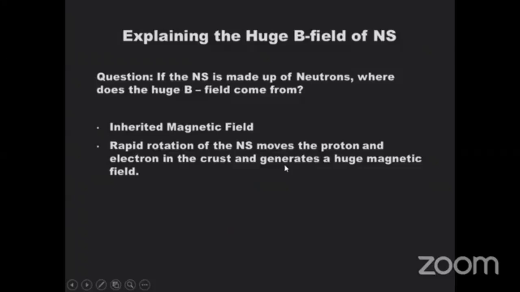So when they move, now, I told you that a neutron star is made up of almost entirely neutrons, and a neutron has no charge. So how come a neutron star has so much magnetic field? To explain that, number one is that neutron stars have inherited magnetic field from the